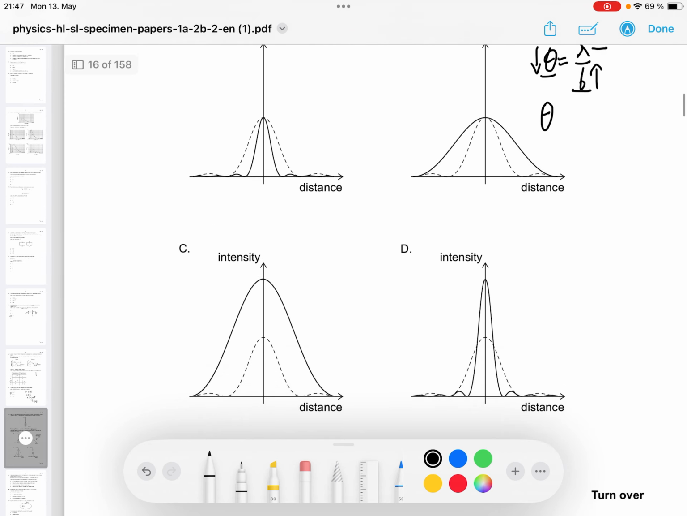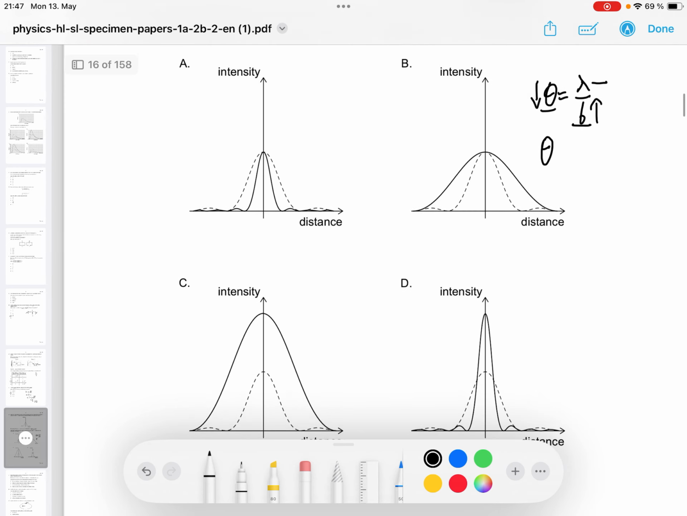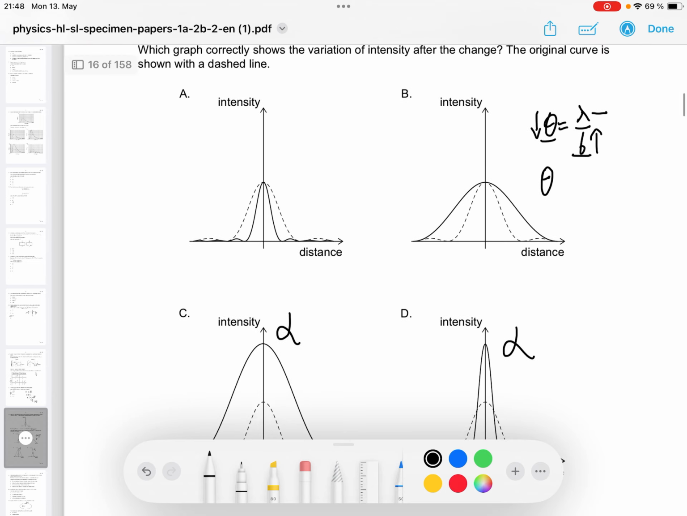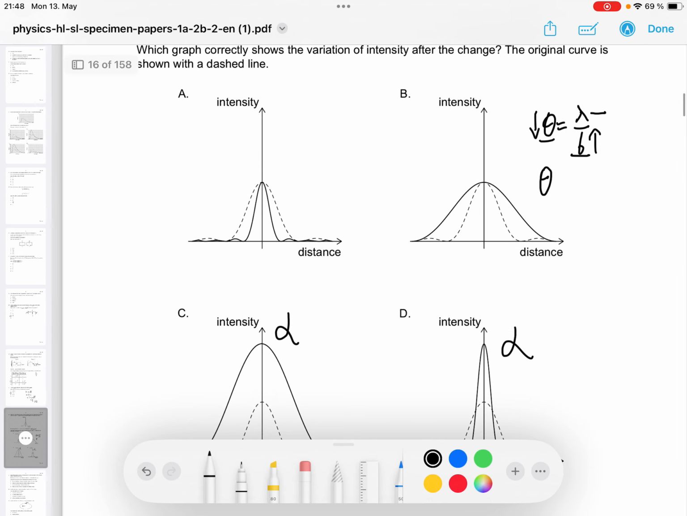So now we're looking for something which has the exact same intensity, as the intensity is not affected by the width of the slit, so we can rule out option C and option D. So we're left with B and A. Now, as we said, the angular separation of these must be less than it was before. In B, it's more wide, so it must be more spread apart, which is definitely not true, as we just proved. So the answer must be option